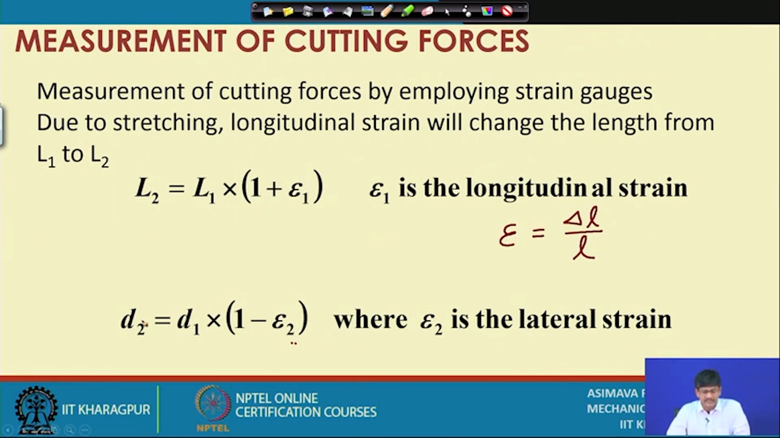this compression is definitely not going to follow constancy of volume, rather from Poisson's ratio we will get a relation between this lateral strain and longitudinal strain. Lateral strain by longitudinal strain is equal to Poisson's ratio. But anyway, the new diameter will be decreased to original diameter multiplied by 1 minus epsilon 2. So, that is the lateral strain. Therefore,